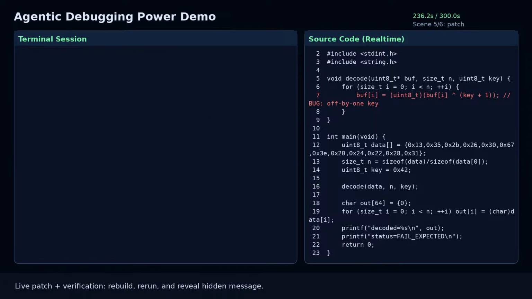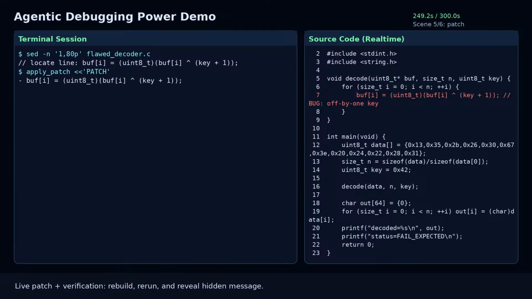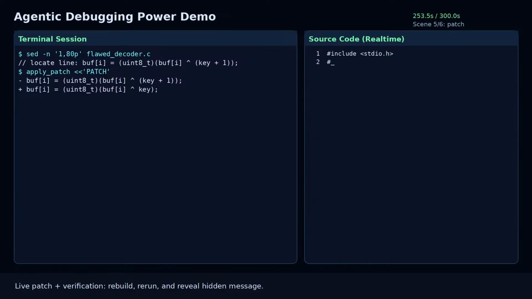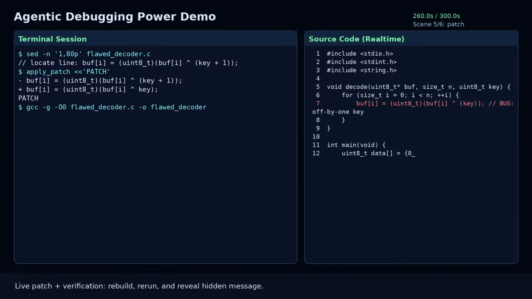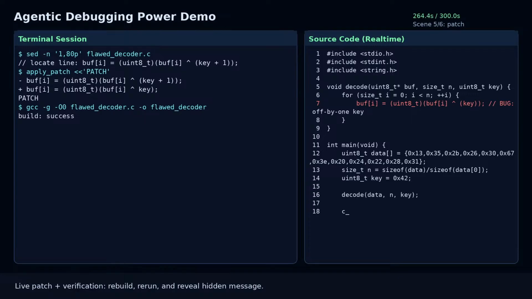After root cause analysis, we patch the flawed line, rebuild, and run tests again. The hidden message now decrypts correctly, and the status changes to pass. You got the C file there. I guess, let's give it some grace. What are you doing? Are you writing the code again? But then you speed it up. You see how it was smart enough to speed it up a little bit. I think it does speed up because